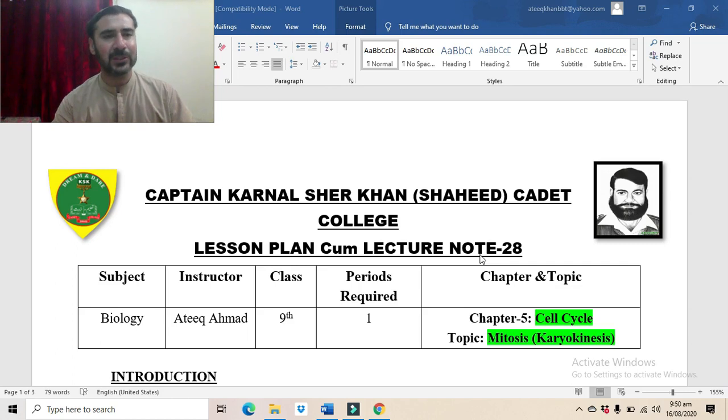Now the mitosis consists of two major stages: the karyokinesis and the cytokinesis. The karyokinesis is the division of the nucleus, and the cytokinesis is the division of the cytoplasm. So inside mitosis, today we will study the karyokinesis, and then in the next lecture we will study the cytokinesis. So we will start from the